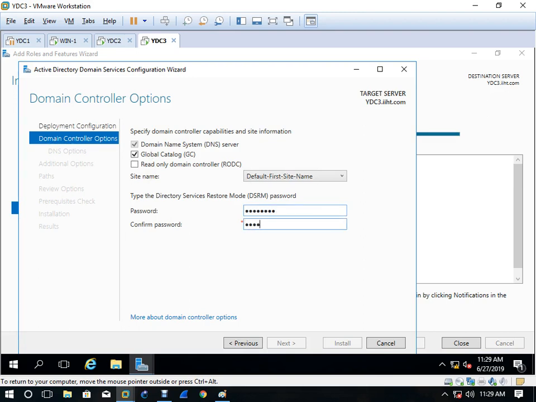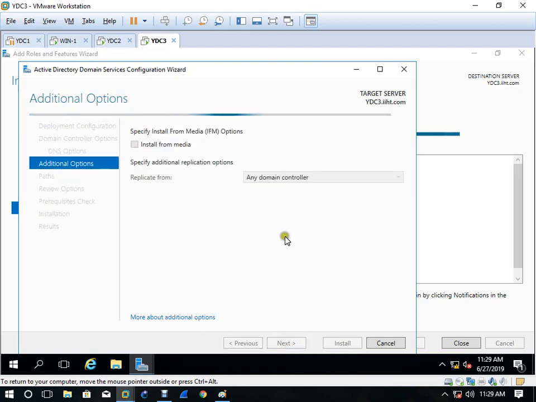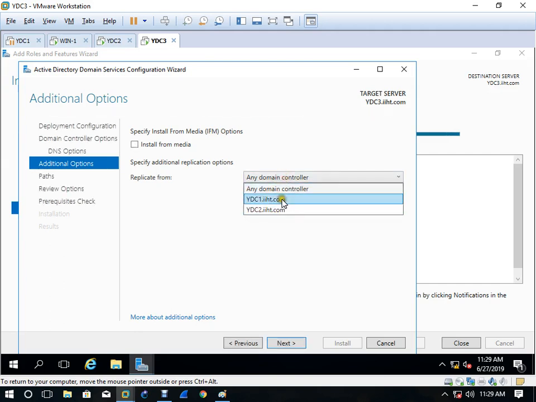No, no, no. This is read-write. To which one do you want to replicate? One. But one is down.